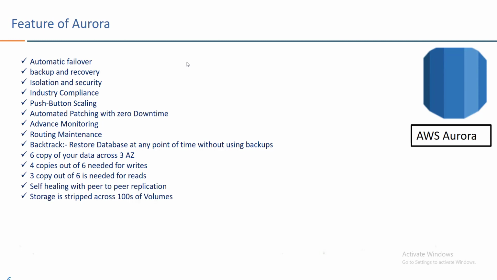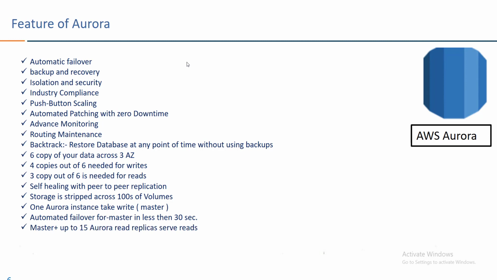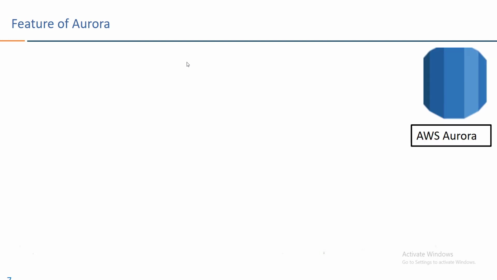Self-healing with peer-to-peer replication; storage is striped across hundreds of volumes. One Aurora instance takes writes, with automatic failover for the master in less than 30 seconds. Master plus up to 15 Aurora read replicas can serve reads. Support for cross-region replication? Yes, it supports. Now the next feature is